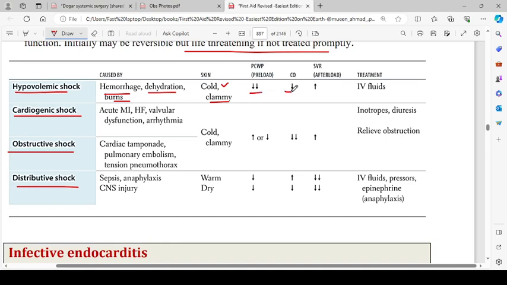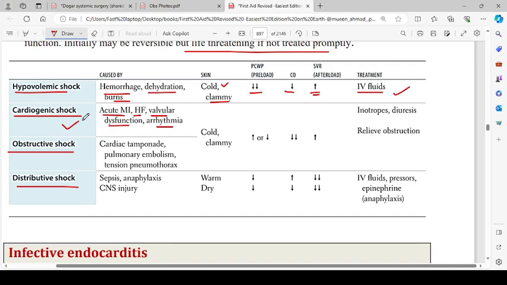The cardiac output will be decreased. Systemic vascular resistance, or afterload, will be increased in an attempt to maintain the blood pressure. It will be a sympathetic reflex vasoconstriction, and treatment is IV fluids. In cardiogenic shock, acute MI, heart failure, valvular dysfunction or arrhythmia, as the name indicates, it is because of some